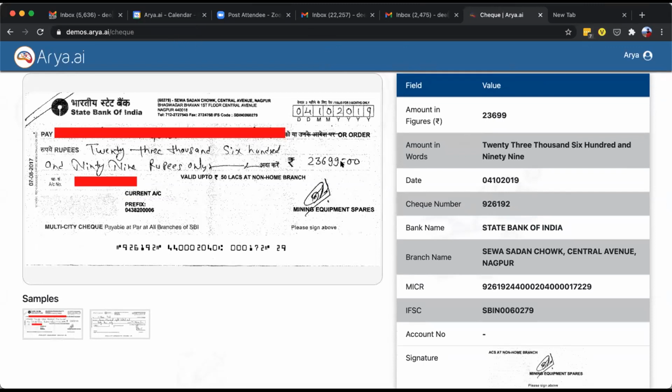If there is any kind of noise in real time, like 23699 with an equals sign or a colon and 00, the system is still able to figure out what the noise is. It can understand what exactly the customer is precisely trying to say and what it has to focus on. Amount in words reads 23,699 rupees only.